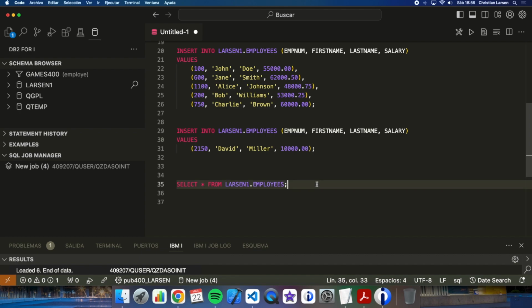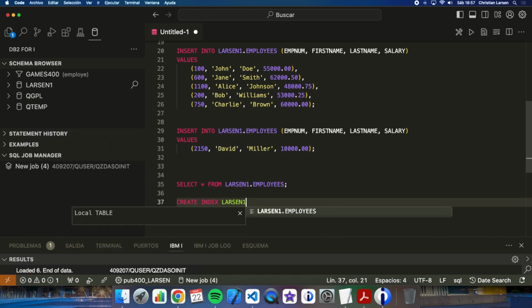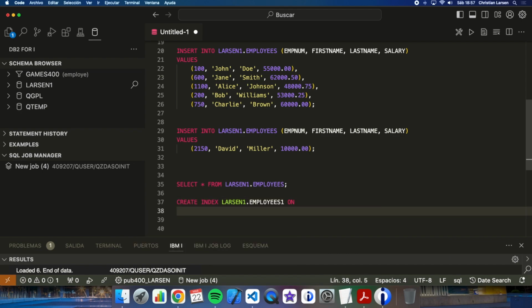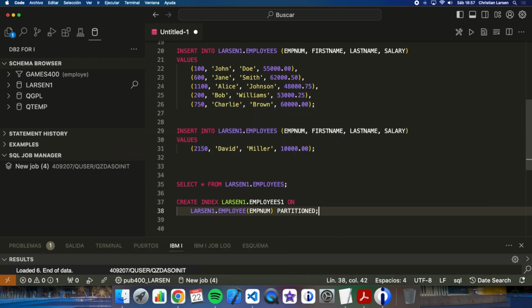For example, let me create an index number 1 on employee PARTITIONED. Okay, what does it mean? Well, this will create an index for each partition of the table. Okay, so if we run it,